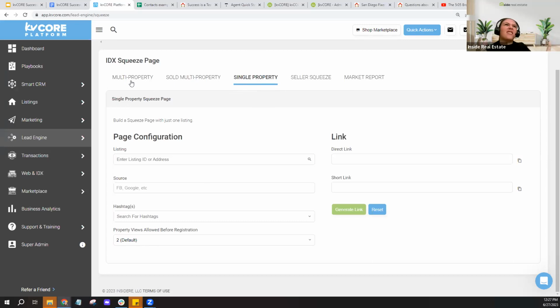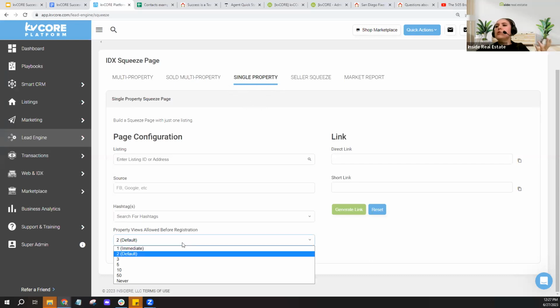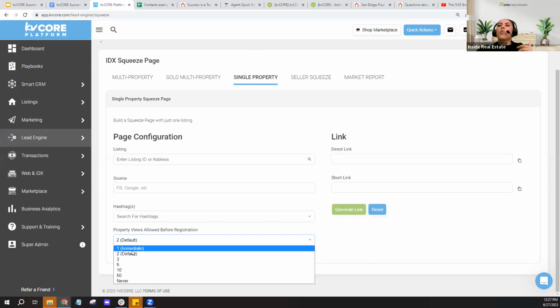If you're promoting a single property, rather than multiple properties, you can also create squeeze pages to promote multiple properties. Almost like a search alert, you can choose the search criteria. With a multi-property page, if they're looking at multiple properties, 2 is fine to leave as is, and you could leave it for the single property as well. But I definitely recommend, if you're creating a squeeze page for a single property, to change this to maybe just one